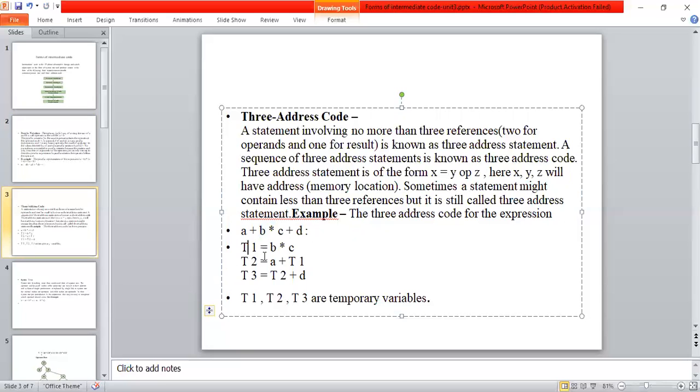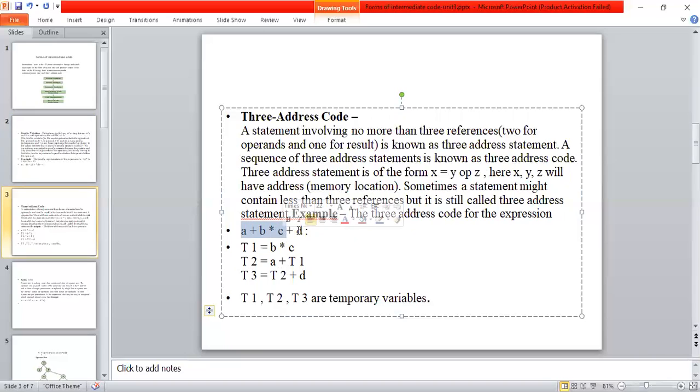Then this entire value I'm adding to a. This entire value is available in a variable called t1. So a plus t1, adding these two values, storing the result into t2. Now this entire value up to here is available in a variable called t2.